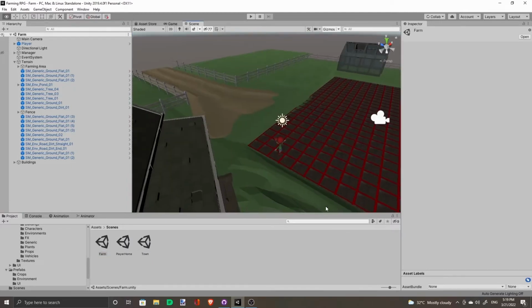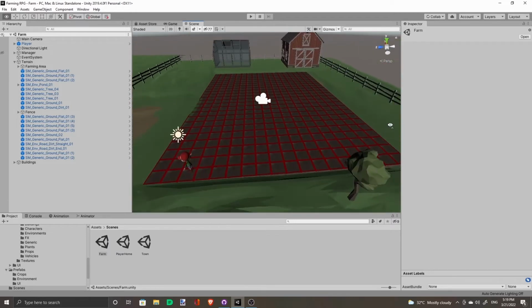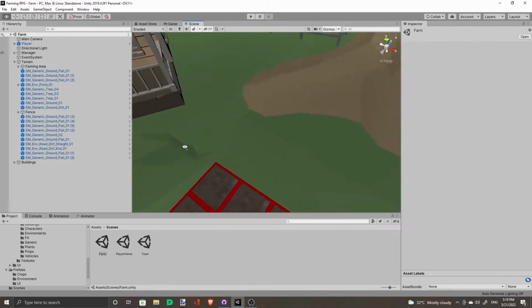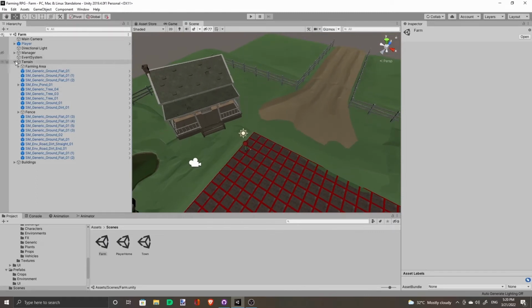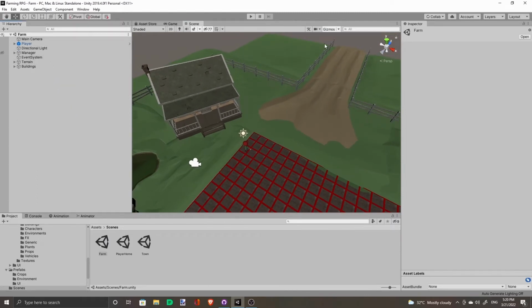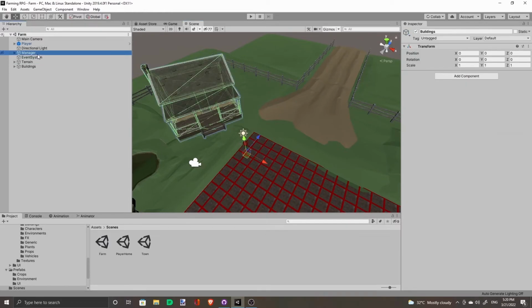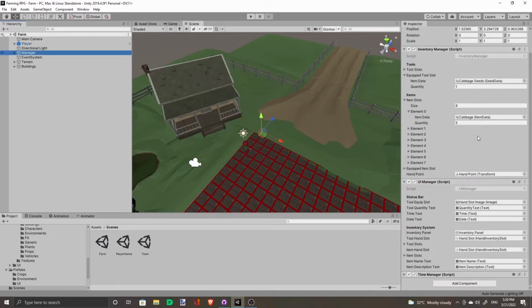So our player should be able to enter and exit these three scenes. But the problem with switching between these three scenes is that if I were to switch, I'll lose all my data on the player's inventory and everything that is important. So we need to